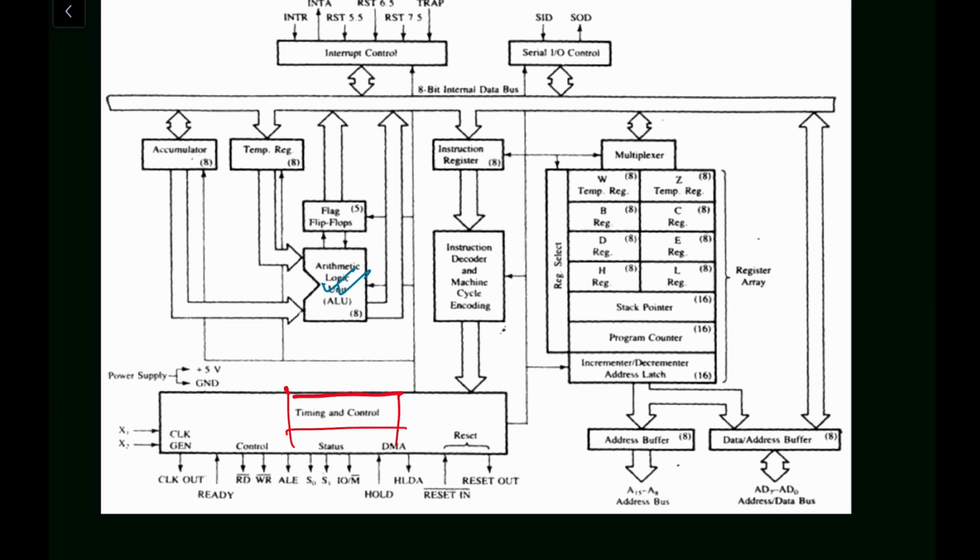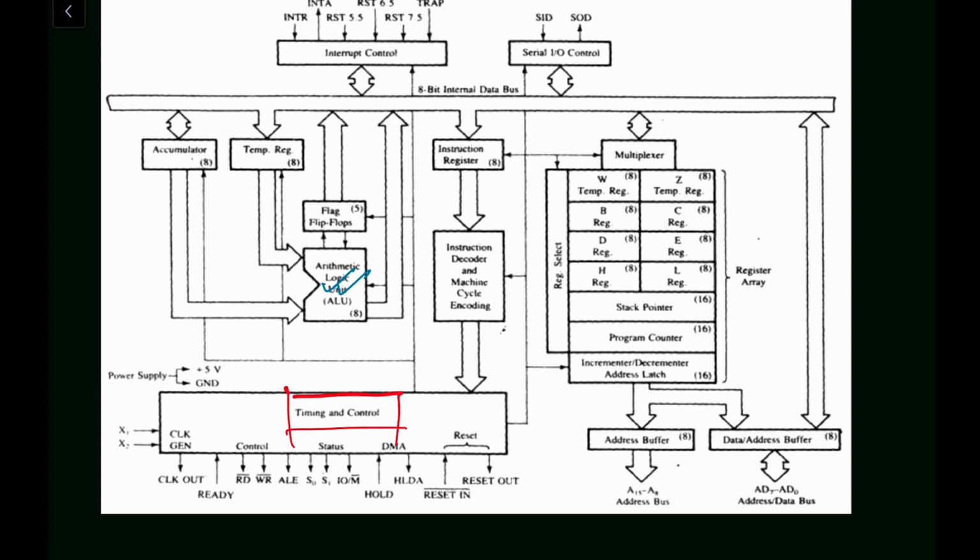The function of this timing and control unit is to generate some control and timing signals. Here also you can see one of the most important parts is the clock out. Clock out means it is the frequency. We have already seen that in the case of the 8085 8-bit NMOS processor, we have approximately 3 MHz of clock speed. So this much clock frequency this timing and control unit will generate. And there are so many other important operations also. Here we have the 5-volt DC power supply, and we have the ground also. This control unit generates all these functions, all these operations.